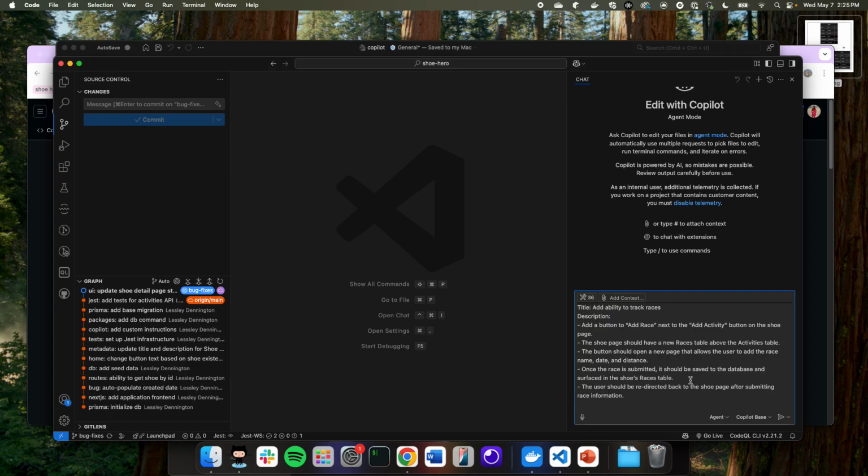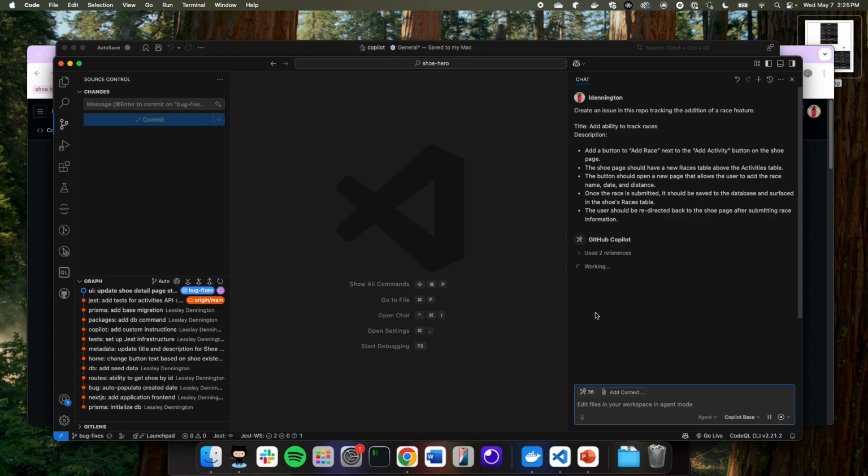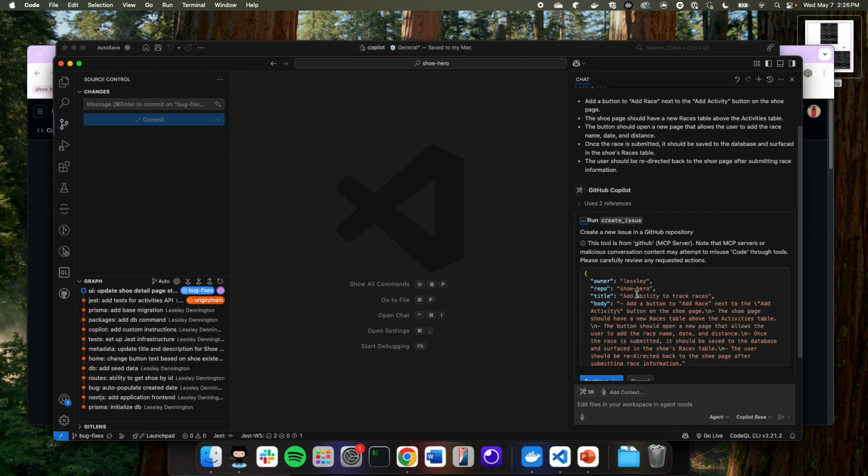But basically it's just asking Copilot to create an issue with a specific title and description. And it picked up on the fact that I wanted it to use the MCP server to do this. Now you can always allow certain commands and things like that, but I always check it because it sometimes thinks